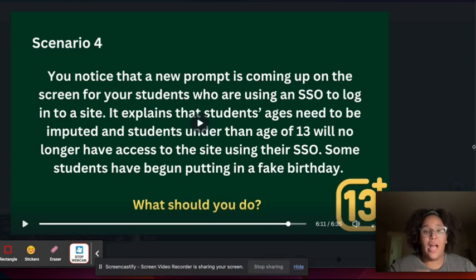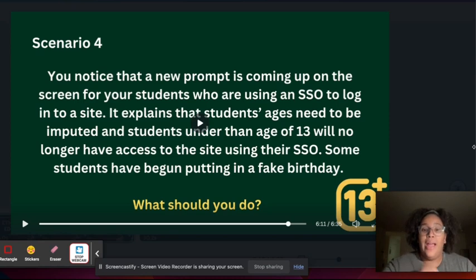classroom. And a lot of our students, because they're already on social media, they have TikTok accounts, they have Instagram accounts. And under those social media websites, you need to be at least 13 years of age. As I stated before, the majority of my students are 11 and 12. So they fall under that 13 years of age. So what they do is they put in fake birthdays. The same thing when it comes to using ChatGPT. To sign up for ChatGPT, you need to be 18 or older. It says it right when you sign up for the website. So our students that have access to all of these things, they have been putting in fake birthdays.